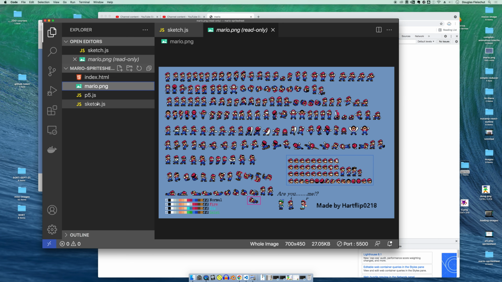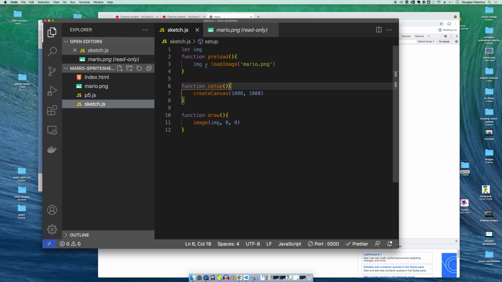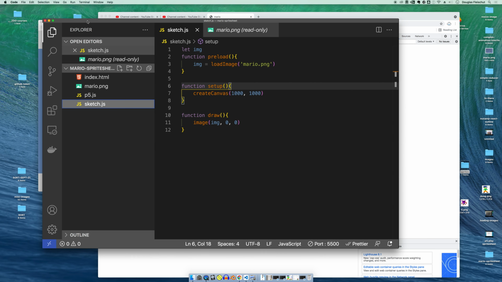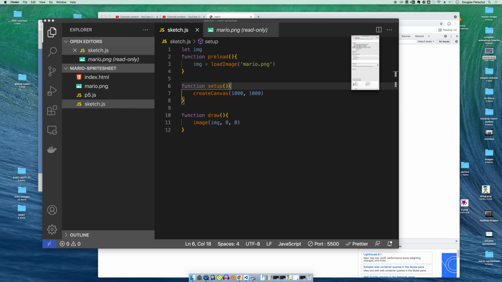This code here is just doing what I talked about in a previous video, where I load that physical file into an image and display it on the screen. Now, in order to turn this into a series of animations, I need to figure out how wide each one is, and then grab each one and store it in an array and then loop over it. I'm going to have to think about that for a sec. I notice that this canvas is 1,000 by 1,000, and I can look at my original file and see that it's